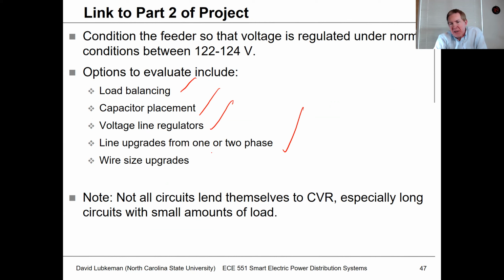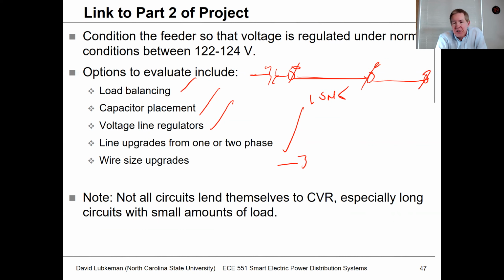And as you can probably guess, the longer the circuit is, the more difficult it is going to be to do this CVR. Really long circuits tend to need a lot of voltage regulators because they get a lot of drop. So if these circuits are long, they're not very good candidates. The best candidates for CVR would be relatively short circuits, maybe on the order of 1 or 2 miles, where you don't have a lot of voltage drop